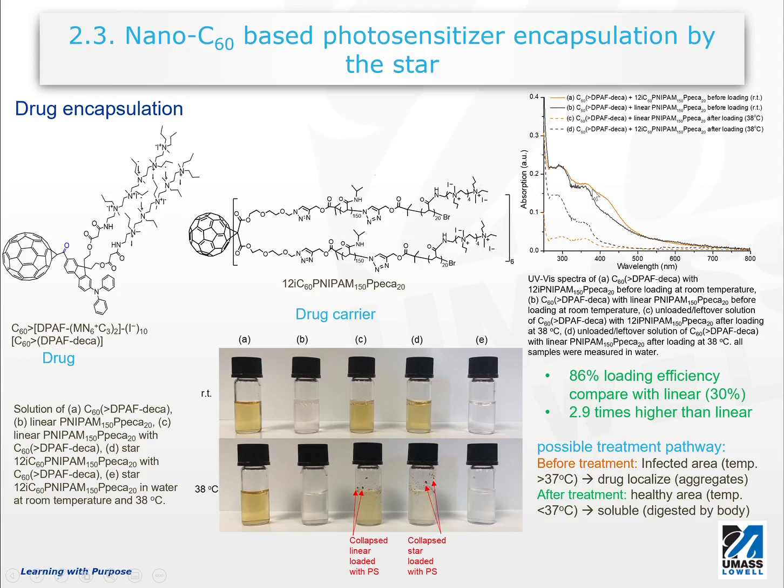then we will see the absorption of our drug is shown here, both orange line and the black line. So for the black lines, we used the linear shaped poly-nippon and the cationic charge polymer as a comparison. So we used this linear chain as a comparison, shown as a black line, and the orange line is our star. And once we load the drug, then we take out the carrier, and the free drug that's been remained in the solution, we take the remaining solution again, and their UV vis absorption is shown